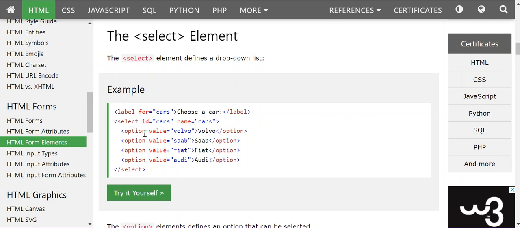So open the option tag and then the value. When the user clicks on this Volvo, what is the value that you want to be returned? That is given as the value. So if it is Volvo and you want the value to be returned as 1, then you can give value equal to 1. So whatever you give, the Volvo, Saab, Fiat, Audi are there for the user to